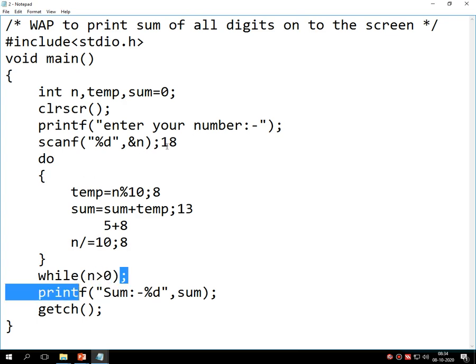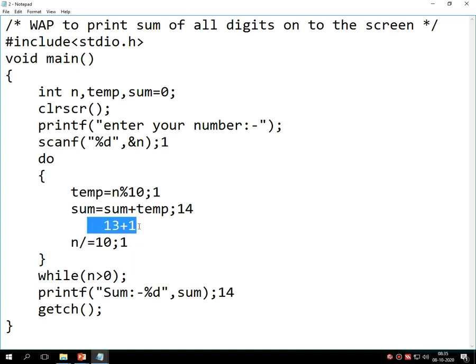The loop repeats. It finds the last digit, which is 1 now, and 1 is stored inside temp. Now in sum, the last value is 13, as you can see on the screen, plus the found value 1, which becomes 14. Now this removes the last digit, that is, 1 is removed from n. Here I have written n divided by equals 10, which removes the last digit. Now it becomes 0. Now 0 is not greater than 0, so this repetition will not repeat, and it will print the last value of sum on the screen, and that means 14 will be printed on the screen.